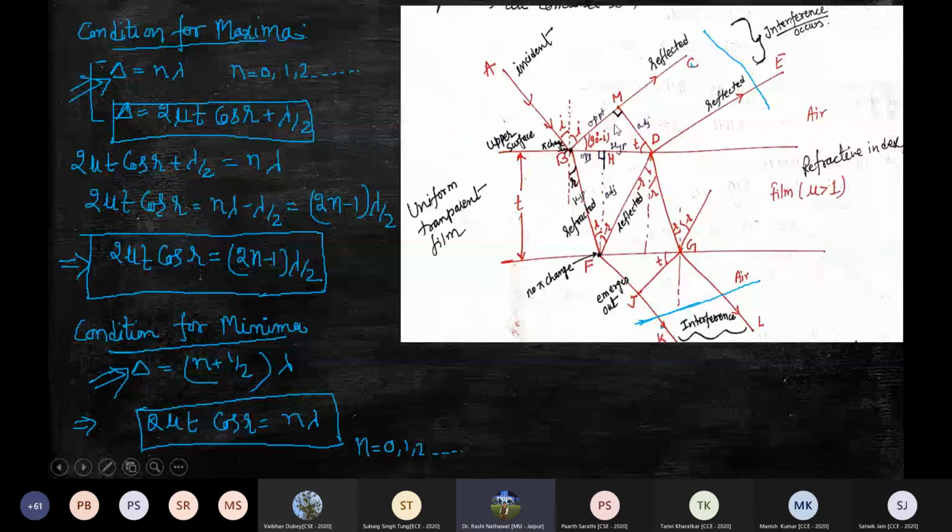Now there will be a symmetry here because both the transmitted waves are coming from the same media. But in the upper reflected wave, when we were discussing, one ray was in the air, but another was coming from the medium. So there will be a phase difference of pi and path difference of lambda by 2. But here in the transmitted waves, we can observe both the rays are coming from the same media.